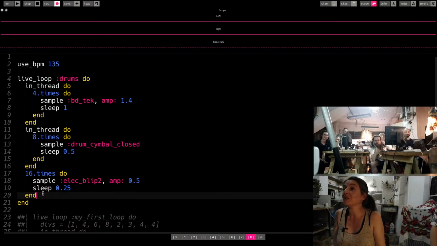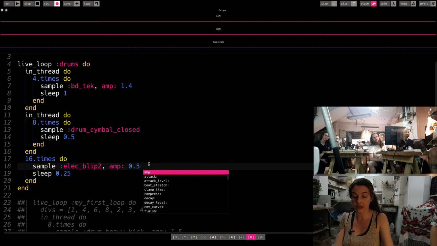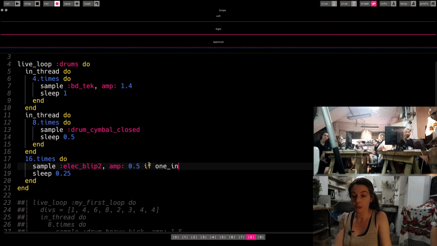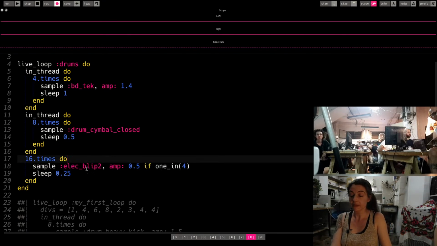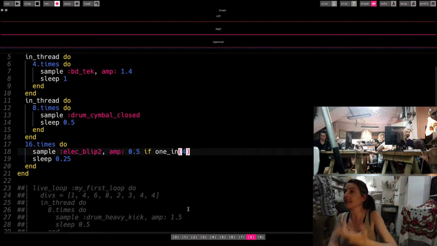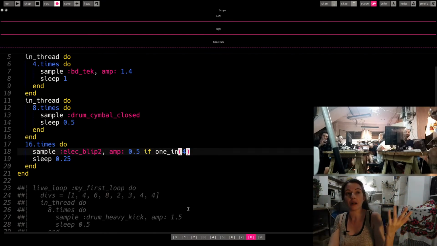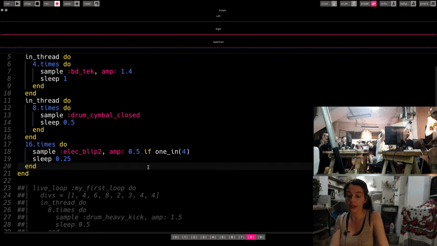So this is when you use randomness. There are many ways I can do that. One of the easiest ways is to use a function that is an if condition with one_in. So, for example, if I add this here, it's like rolling a dice. It's going to say there's one chance out of 4 that the sound is going to play. So it's like you're giving it a probability. So if I run this now,